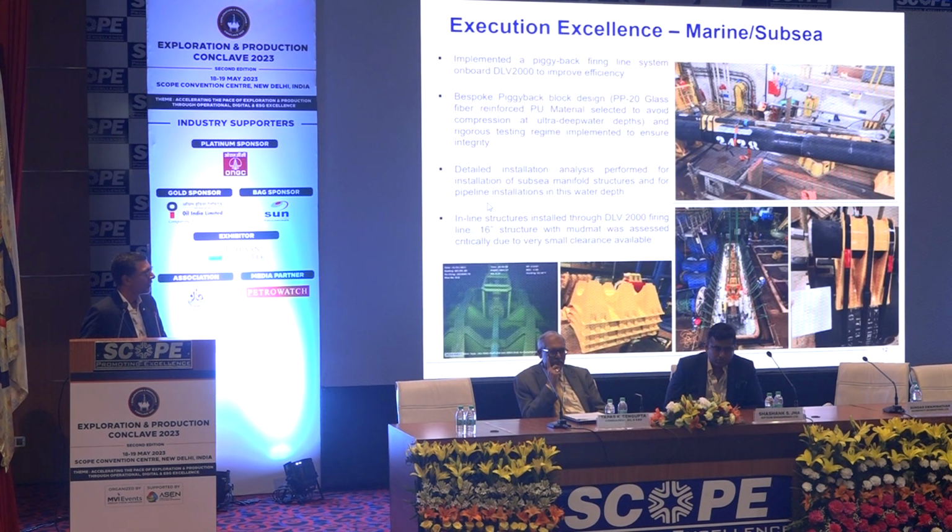The other excellence that I would like to highlight is the piggyback firing line on our installation vessel DLV 2000. That wasn't there previously, but we had to retrofit a bespoke design piggyback firing line because it was required on the project, as we had the 18-inch and 4-inch pipelines that were piggybacked. And that was a big success because we could have